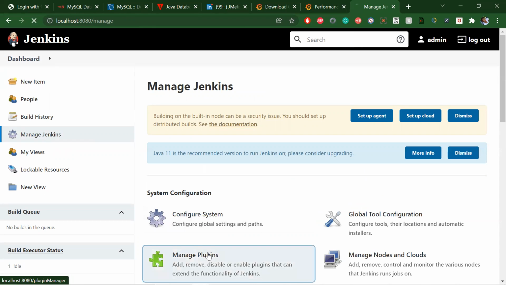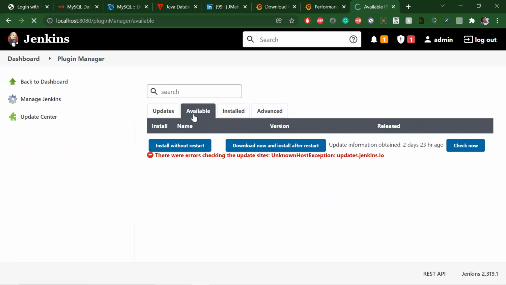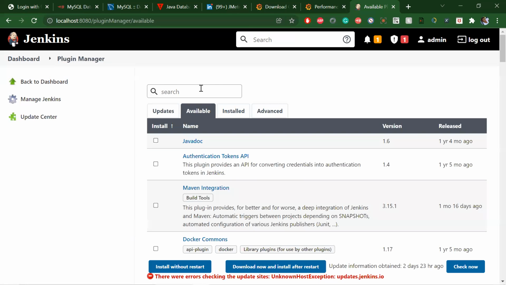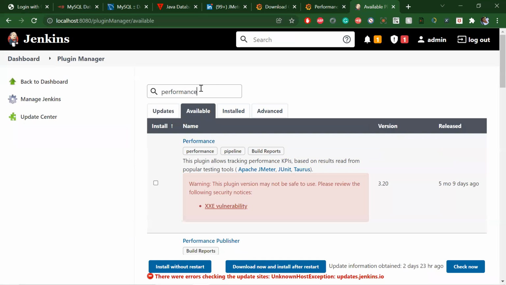Manage plugins. JMeter, oh no, performance. Okay, so the performance plugin. We have the options install without restart and install, because Jenkins is like a team; if you restart now, the running jobs will be gone.